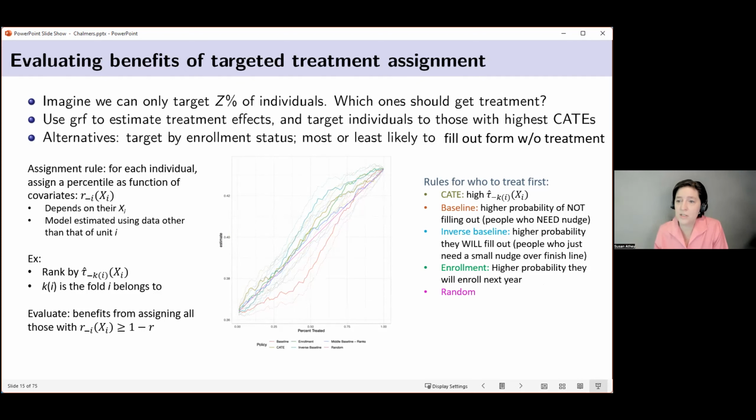And so one of the points here is that a priori, you don't know whether you should be targeting people who weren't going to do the thing or who were going to do the thing. And in this case, it really matters. So this type of analysis can help you determine treatment assignment policies. Now, ideally, you would like it that if you targeted by estimated treatment effects, that would give you the highest curve.